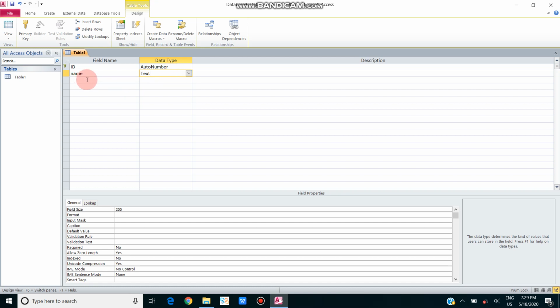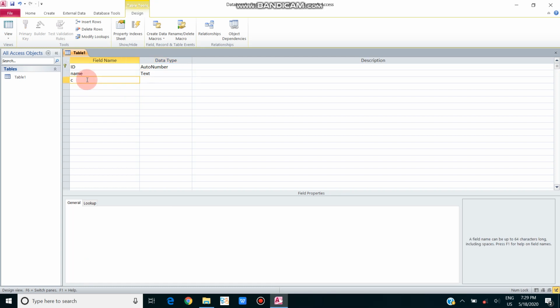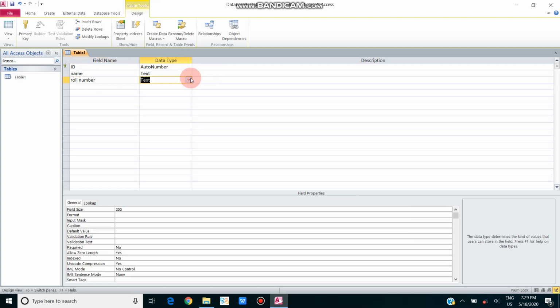So next, if we write here roll number, roll number should not be text. Roll number cannot be text. What should roll number be? Roll number must be a number. Clear?